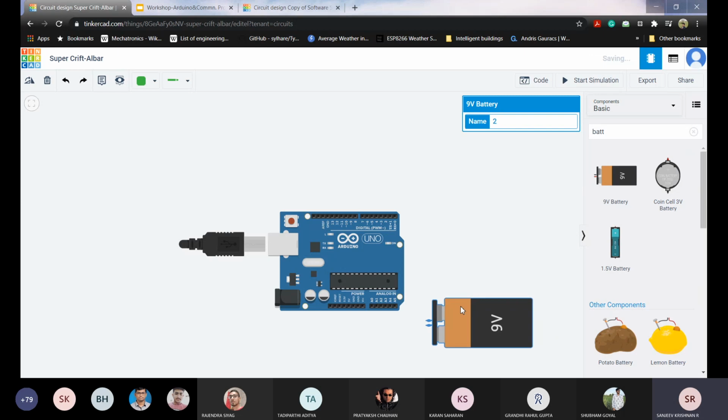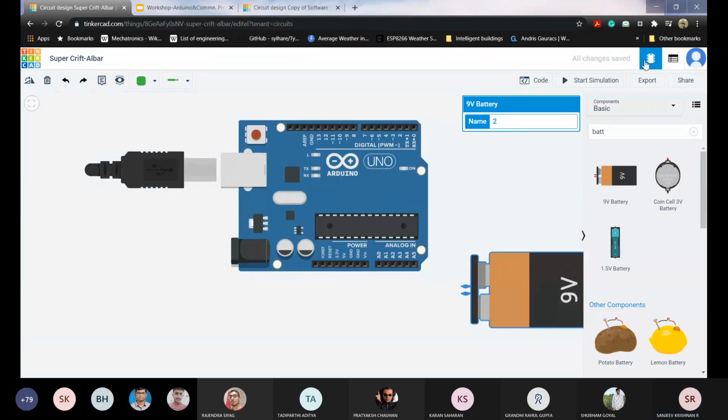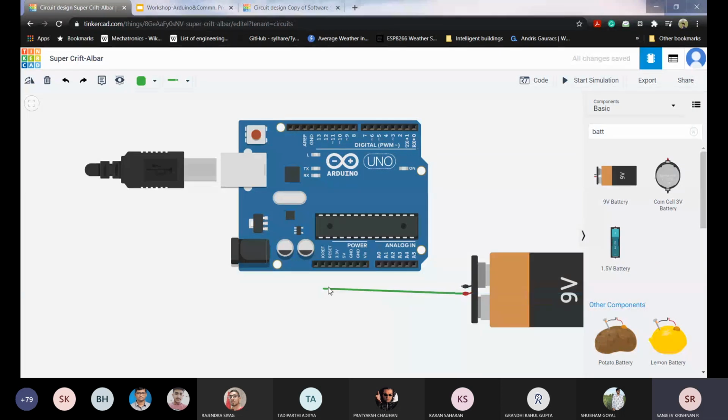So here is your battery. From positive, you connect it to V in.